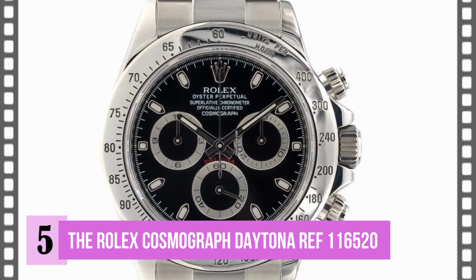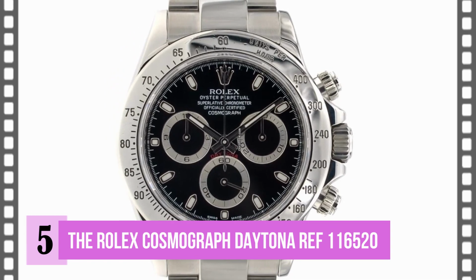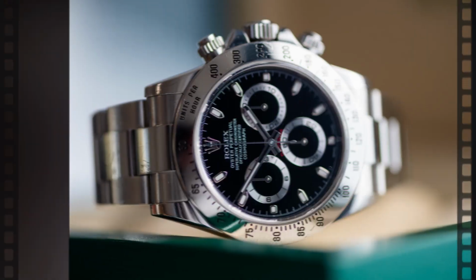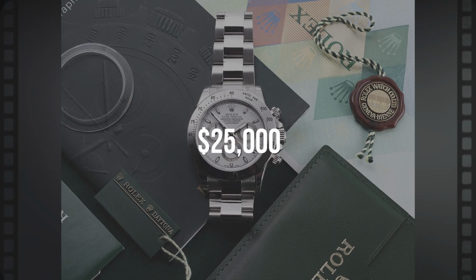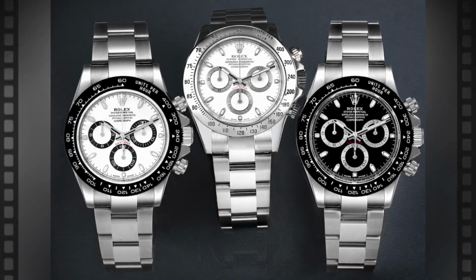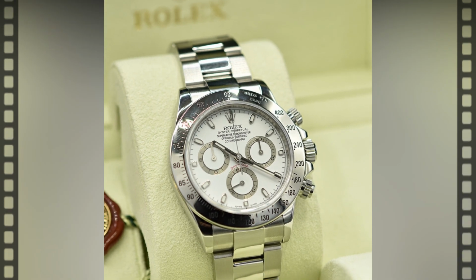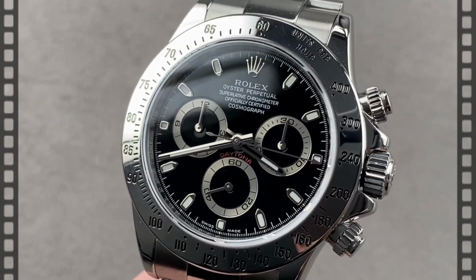The Rolex Cosmograph Daytona Ref 116520. A Daytona Ref 116520 costs between $24,000 and $25,000. The introduction of a stainless steel Daytona, entirely produced by Rolex, made the Ref 116520 one of the hottest sports watches on the market. Because of its fascinating past and wearable style, this used Rolex is now highly sought after